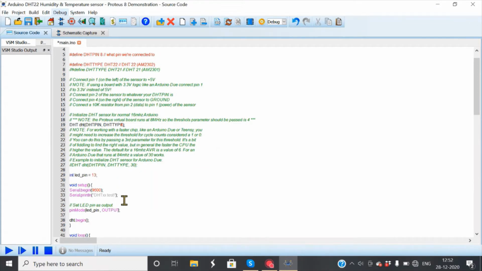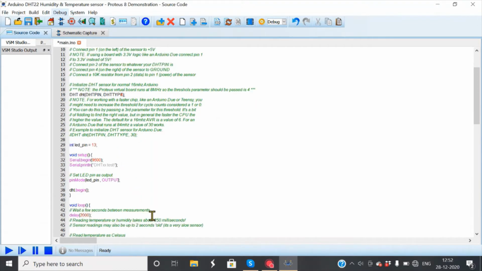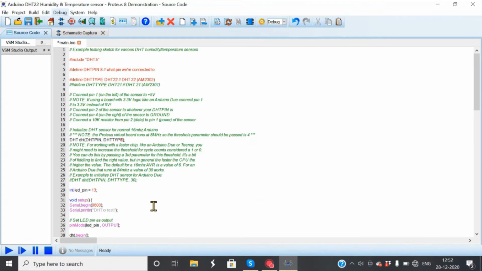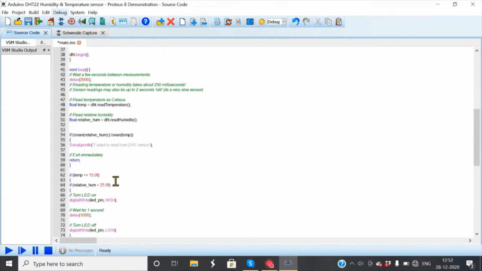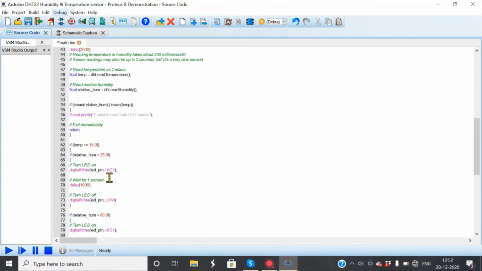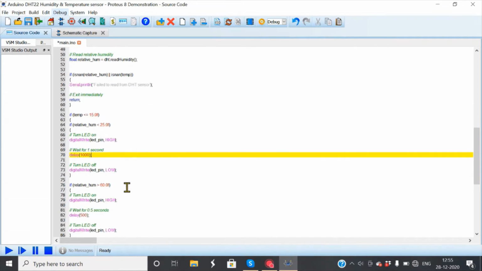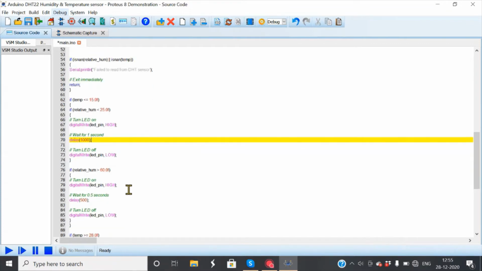So here I have manipulated the source code and gave it instructions in coded form to run the specific conditions. Pin 13 has been configured as the output. Its voltage is set to the corresponding maximum value to be high and 0 volt to be low. For the selected ranges of temperature and humidity, on and off conditions are written using delay functions.